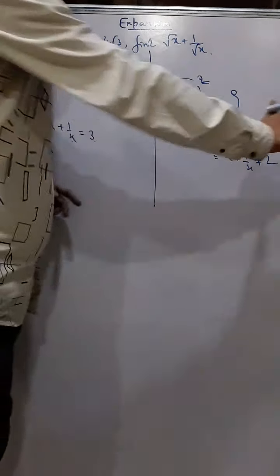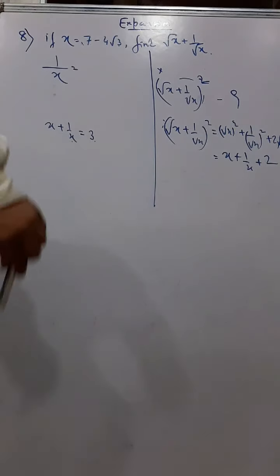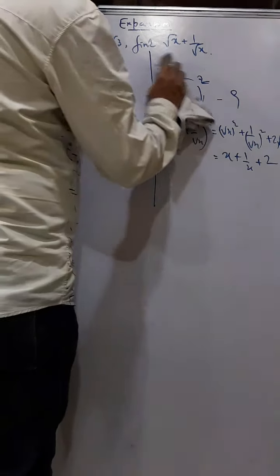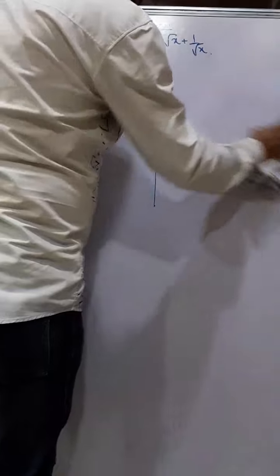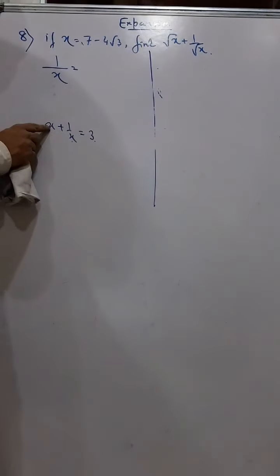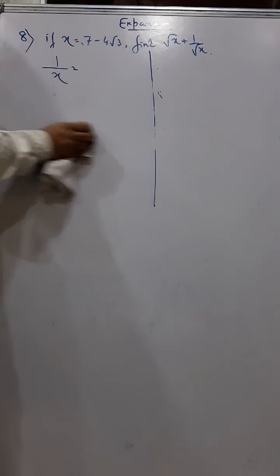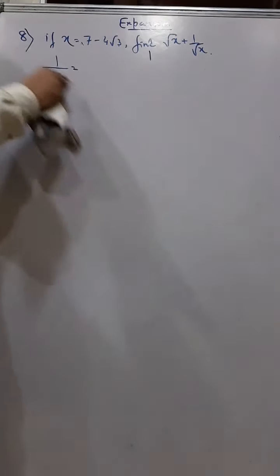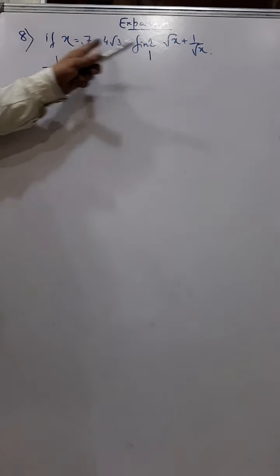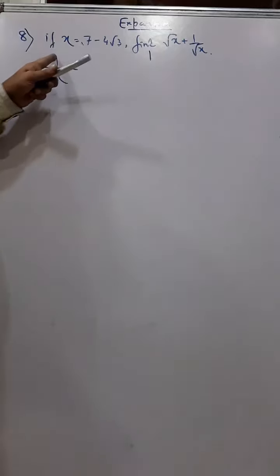So for this I am doing all this. Okay, now forget all this. Okay, now I will do the sum. Now you can understand why I am getting this value and this value. Okay, so first, what I told, I will first get the value of 1 by x. I know the value of x as this. I will get the value of 1 by x.